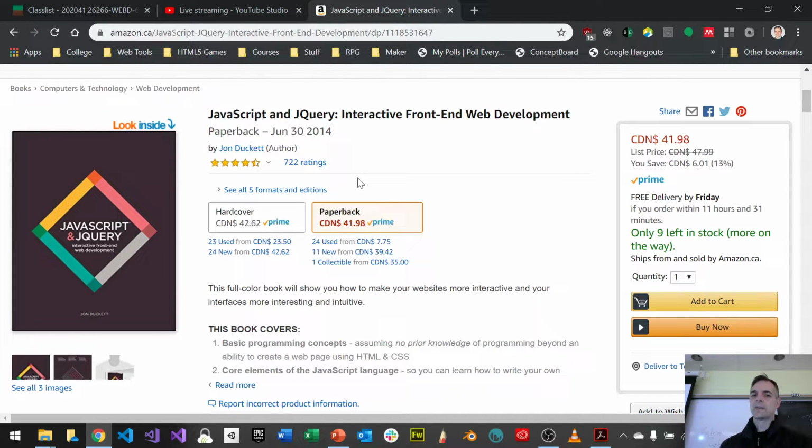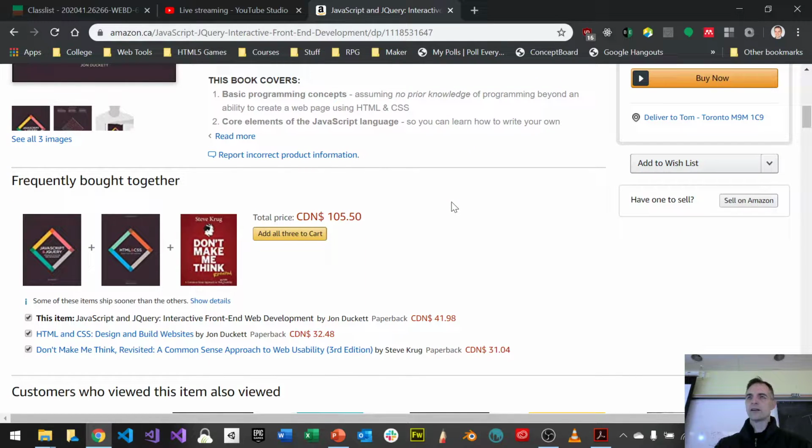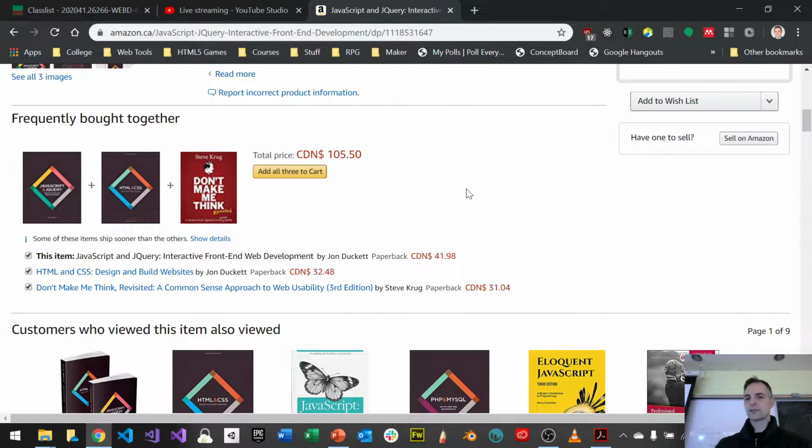So jQuery was huge. JavaScript is really important. It's actually gone up in terms of being one of the most popular languages in the world, right? So from that perspective, it's relevant. I think the format of the book, though, may not be relevant 100% to everybody here, right? So in terms of the way it's presented, I don't think the material is wrong. I think just presentation-wise,